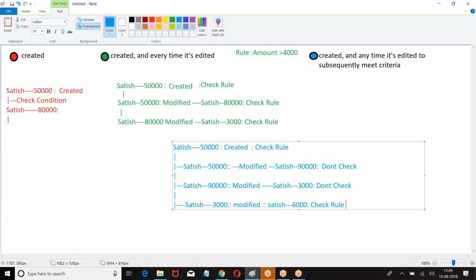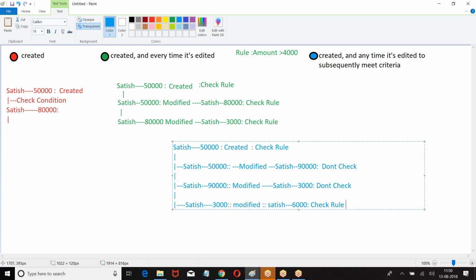that is the third rule. What is the third rule now? Boss, when a new record is created, check the rule. And the second one is, when any one of the records which is not meeting the criteria is modified, then check the rule.